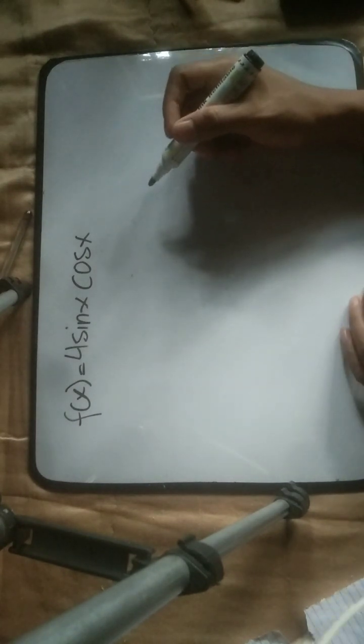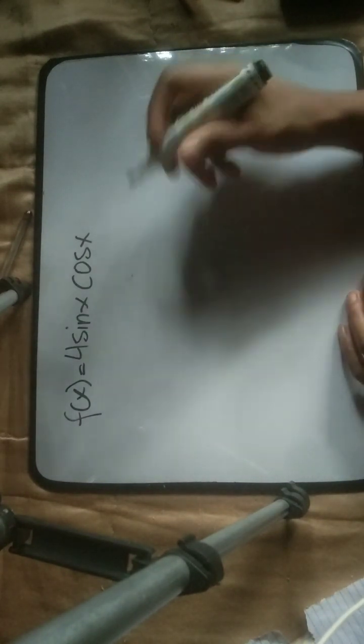Let's have another example. So finding the derivative of this function, 4 sin x cosine x. To find the derivative of this function, we will use this identity: 2 sin t cosine t is equal to